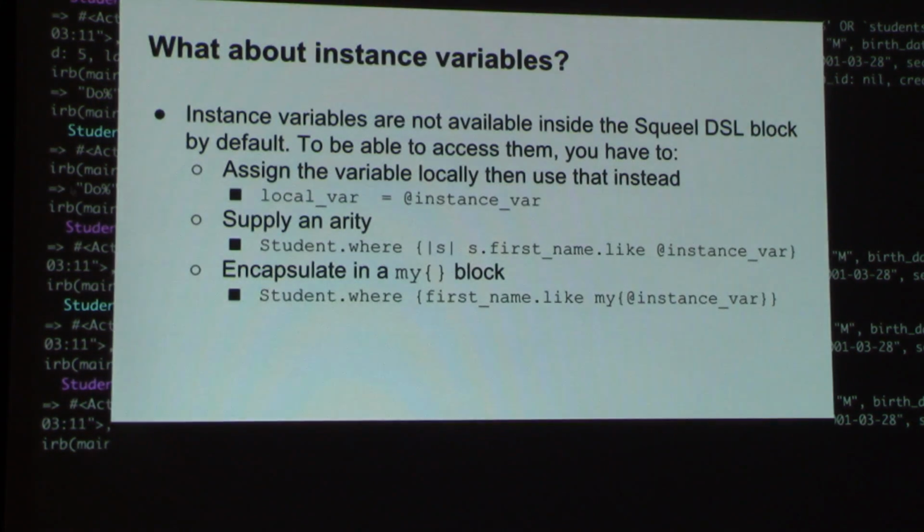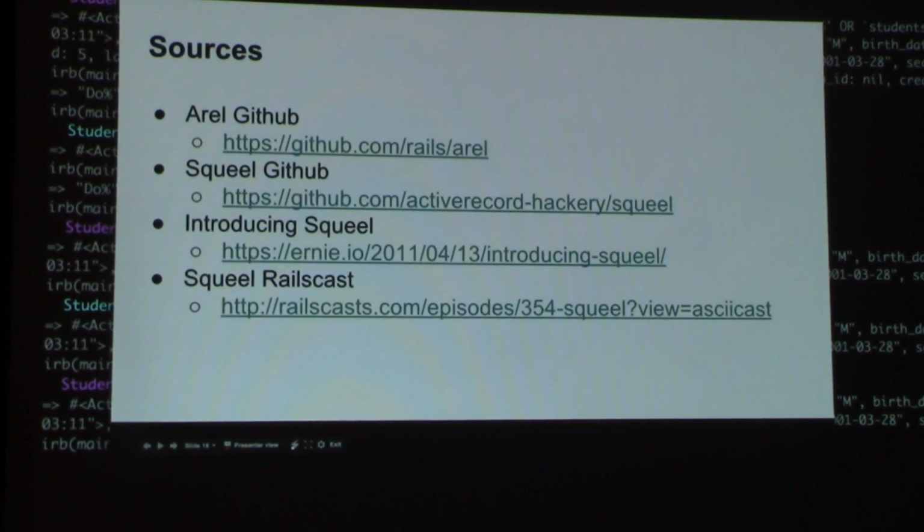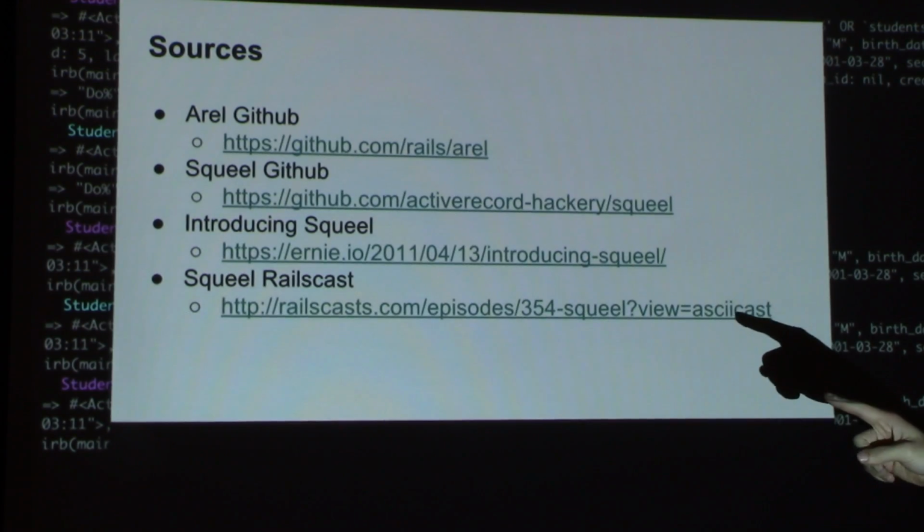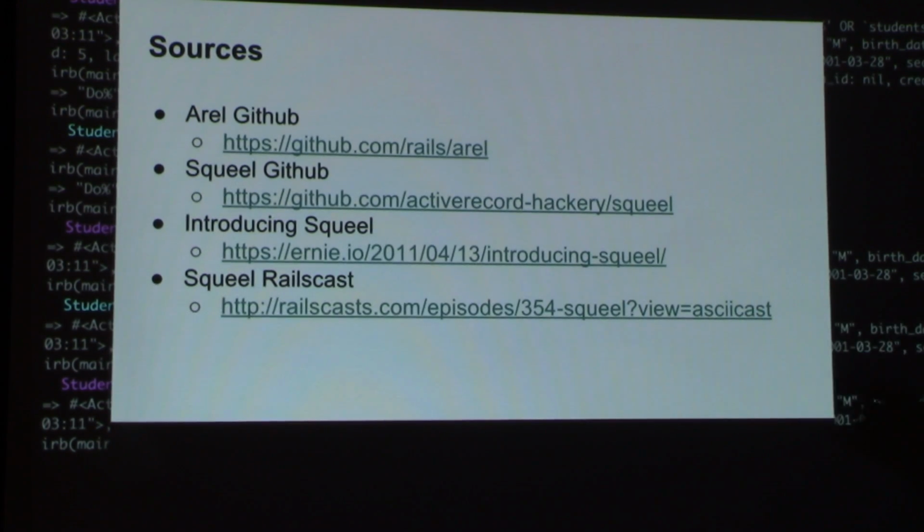There are other things that Squeel can do. For example, you can call functions. As I said a while ago, you can do an alias. You can do a lot of other stuff with Squeel. So if you want to dig more into Squeel, this is just a primer introduction to it. By the way, Squeel is actually based on Arel. You can visit the Squeel GitHub page, which has documentation about it. There's also a Rails class, and also a primer on Squeel at these links.